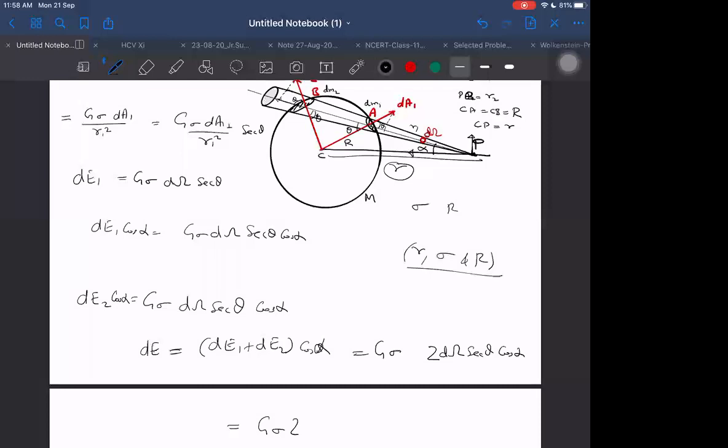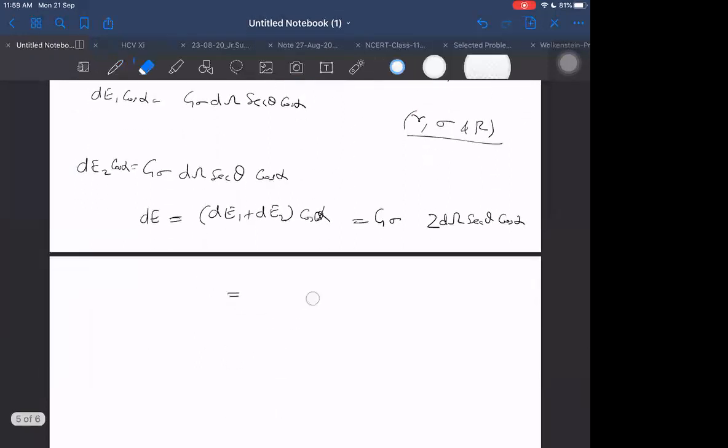Now we can change d omega, sir, if you want. I think we can change d omega. So how to change d omega? I'm thinking about that. Let me try to convert d omega. D omega we will write as